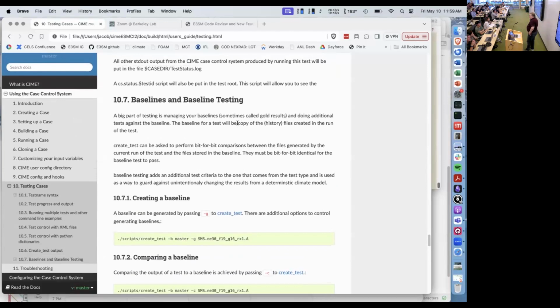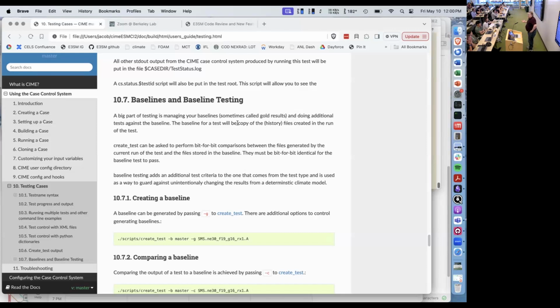And if you save those coupler history files someplace, that becomes what we call a baseline. So now the next time you run the test, maybe you change something that changed the answers. Remember, these are functional tests. You still restart correctly, you still pass the smoke test. Those all pass, but you change the answers.